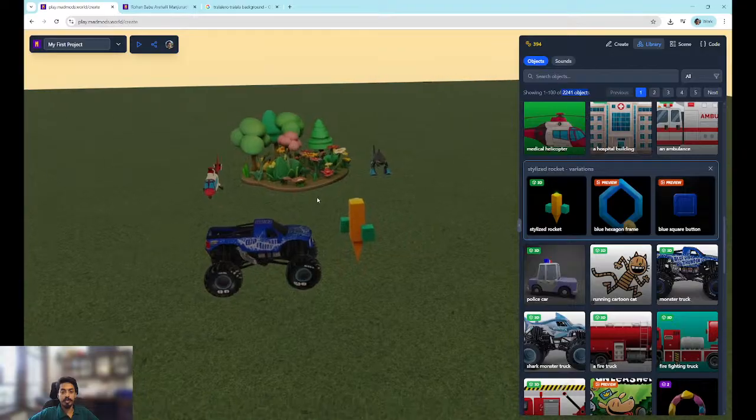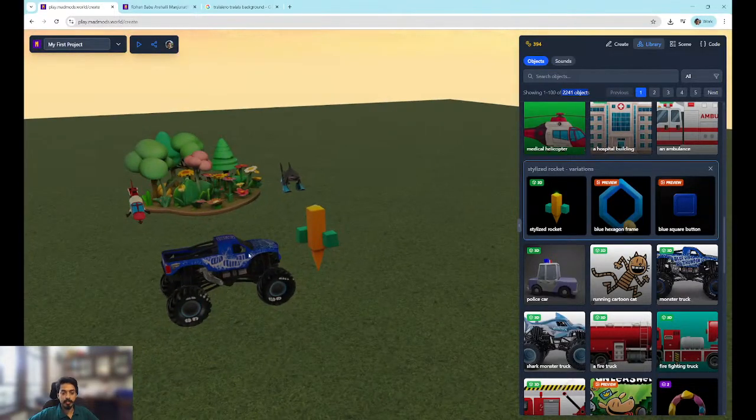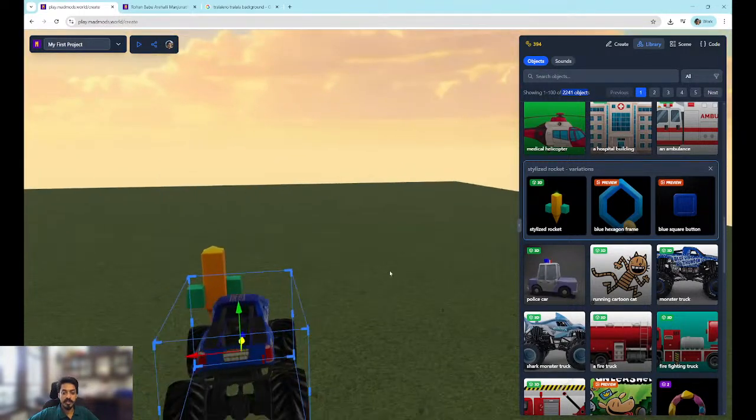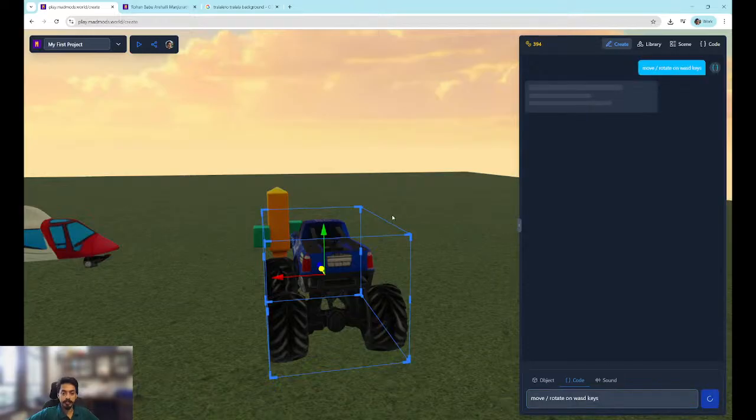Now that we've done a few changes to this world, I'll save it. But before I save it, I'm a big fan of this monster truck. Whoever's created this, I'll just give it some interactivity. In order to make it move and rotate, I'll go into the code generation mode and type out "move slash rotate on WASD keys." Now when I hit the generate button,